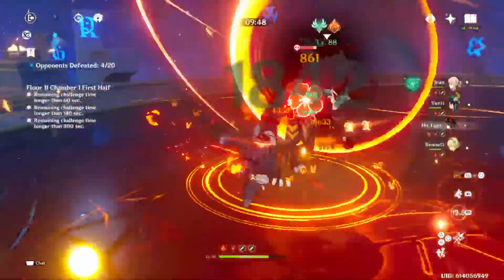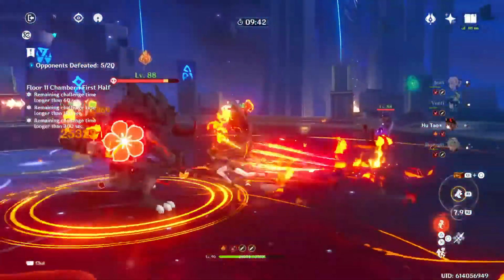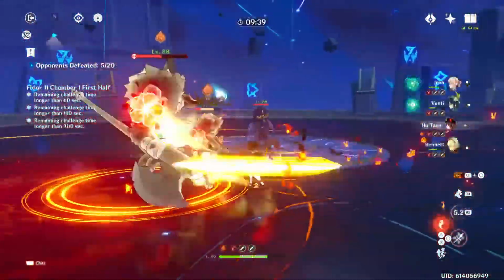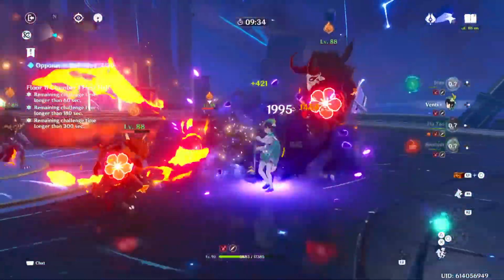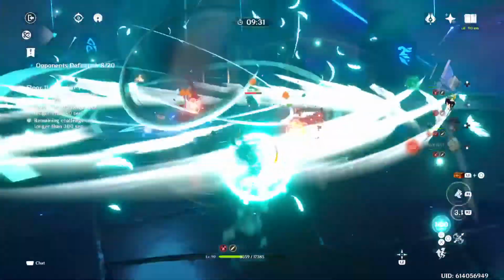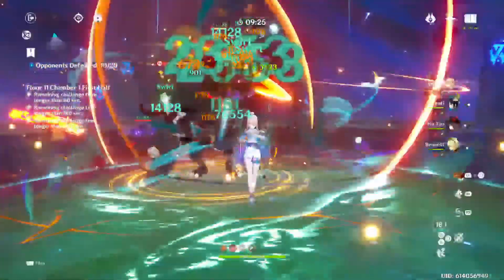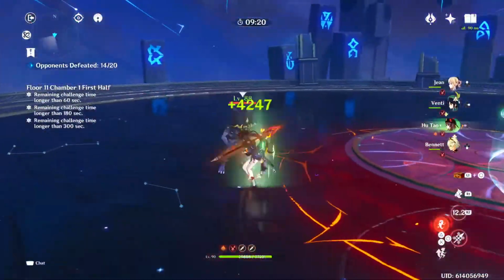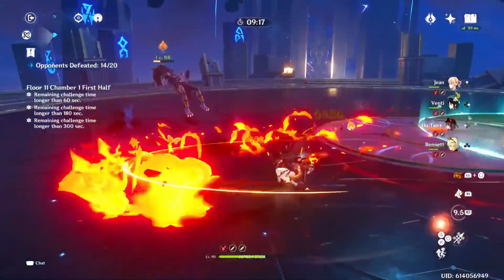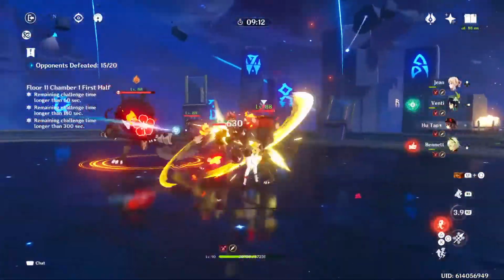But anyway, this is to showcase Hu Tao and her ability, and also the ability for you guys as a challenge even, just to do quick swapping. I'm going to try to focus more on Hu Tao only, but I will use the other characters as well because that would be more realistic of what you would do in the actual Abyss. Sorry, I might not be able to multitask by talking at the same time, so...